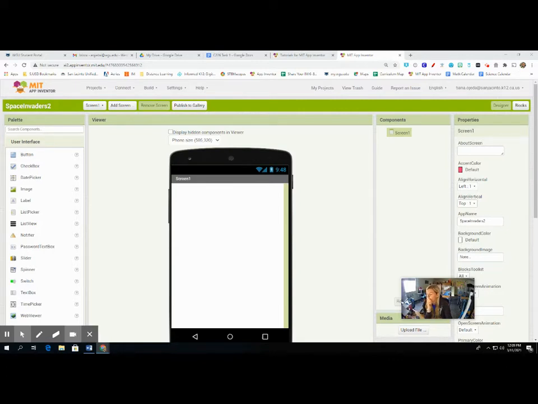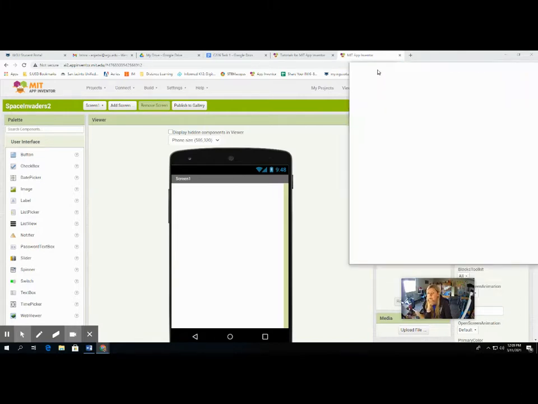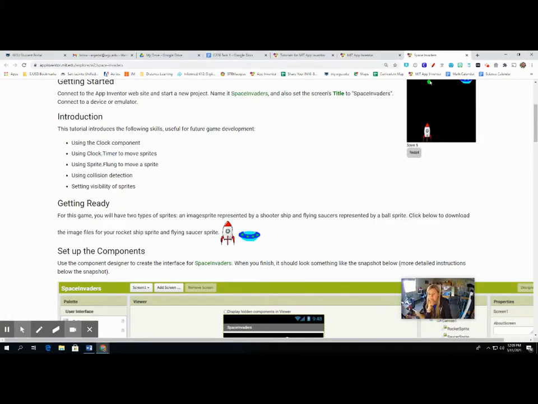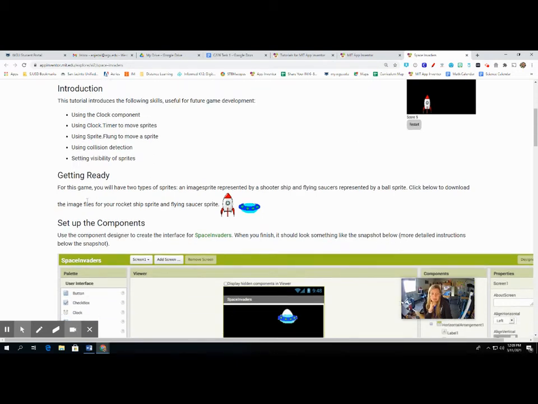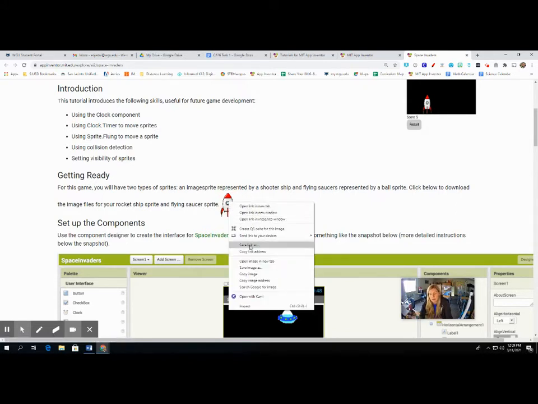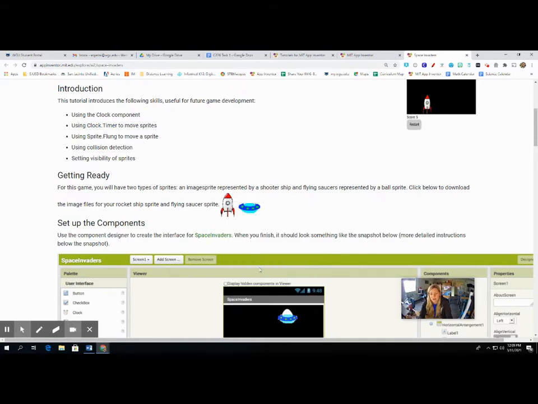I'm going to be walking you through what you need to do for this. The first thing is you're going to go to the directions because you're going to have to download some stuff. Right here it says for this game you have 2 types of sprites, an image sprite represented by a shooter ship and flying saucers represented by a ball sprite. Click below to download the image files for your rocket ship sprite and the flying saucer sprite. So I right click and save image as,